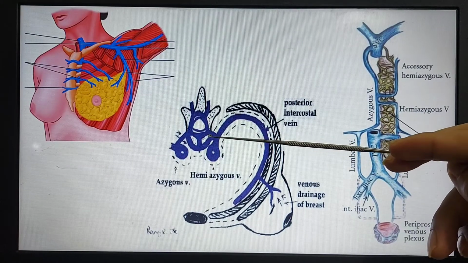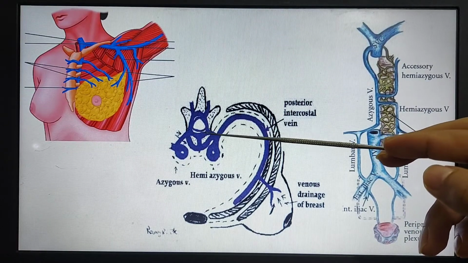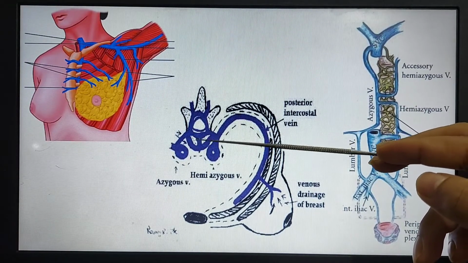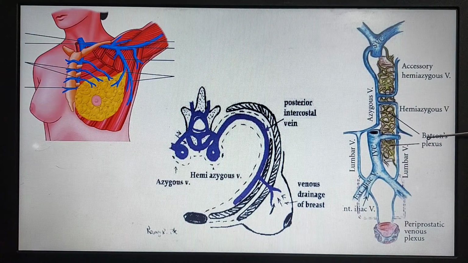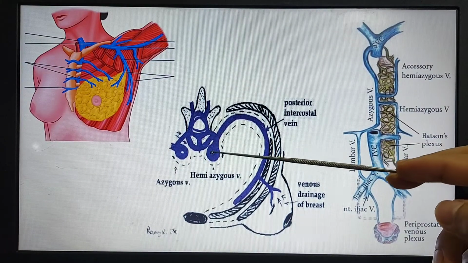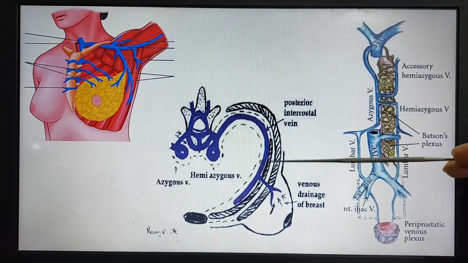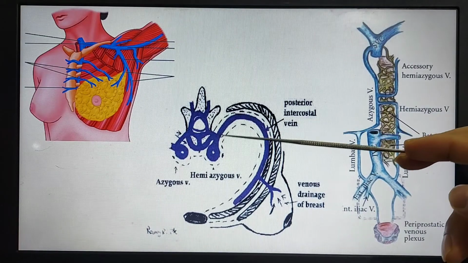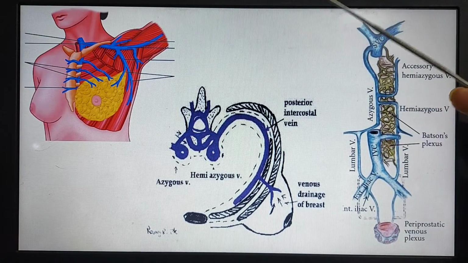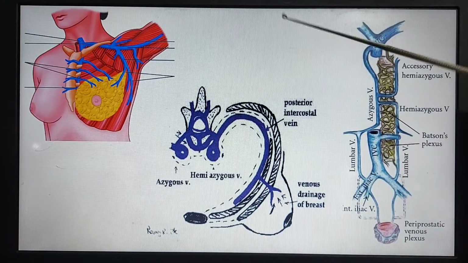There is an important structure here: around the vertebra there are some venous capillaries, venous plexuses. This venous plexus is named after Batson. These are the internal vertebral venous system. This venous system finally drains into the brain. So this venous system is important in cancer transmission. From the breast, cancer cells may be transmitted through this venous system to the brain, clavicle, and different bones through this channel. So this is very important for your post-graduation study.